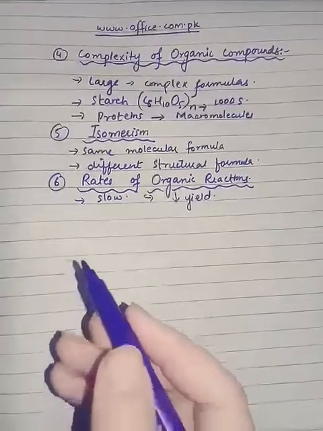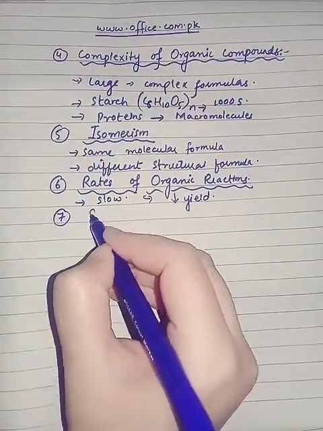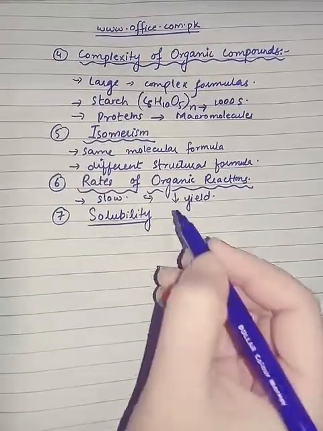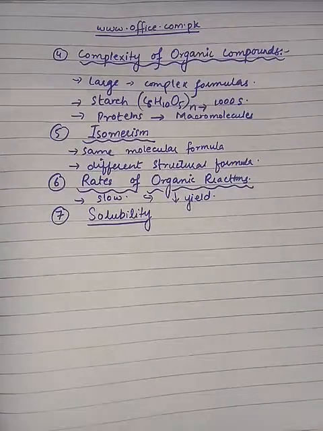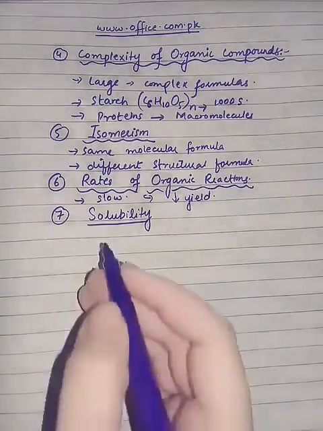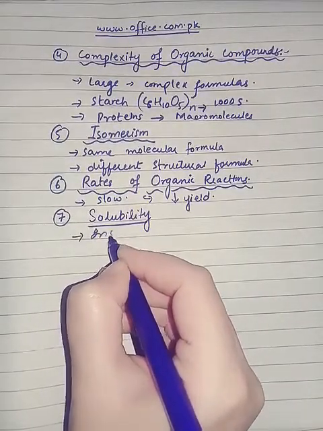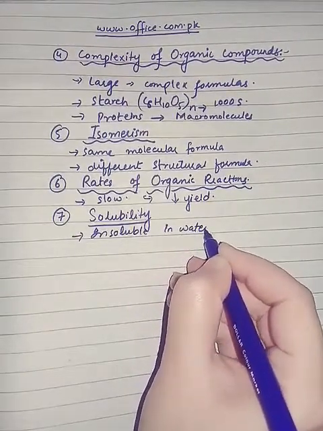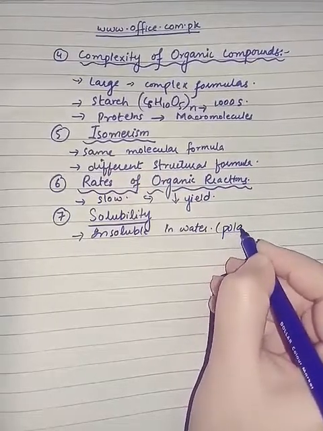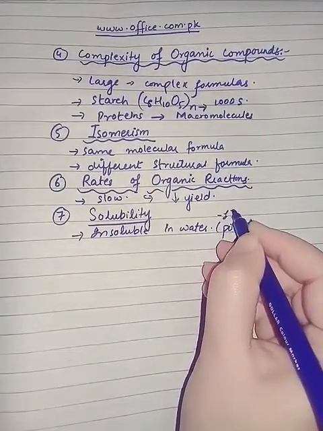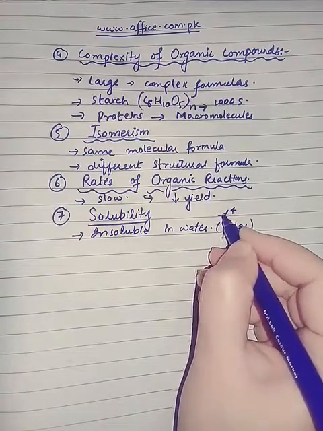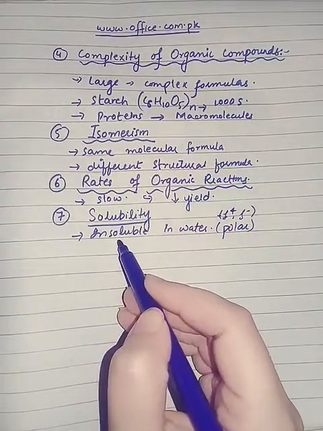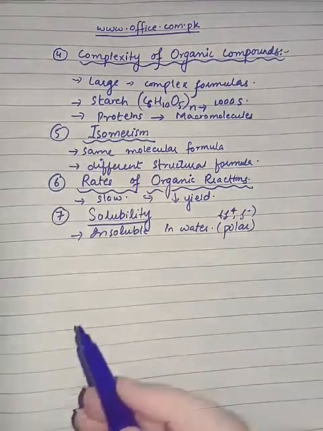Now let us discuss the seventh and the last important feature, that is solubility. Solubility is the ability to be soluble or to dissolve. Most organic compounds are insoluble in water, because water has polar nature and it has partial positive and partial negative charges inside it, and since the organic compounds have no such kind of charges,